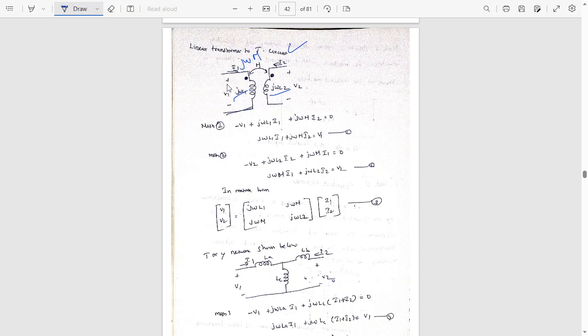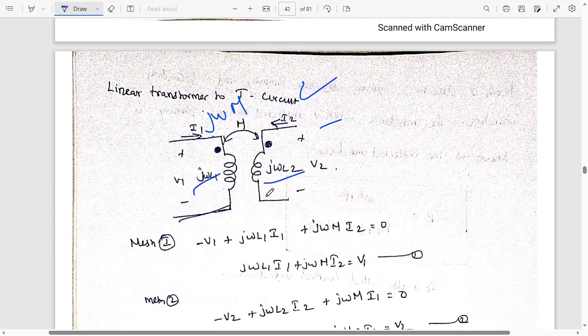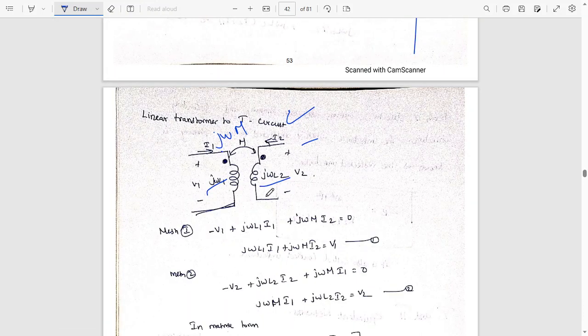V1 is the voltage across the primary winding and V2 is the voltage across the secondary side. Okay, now we need to apply KVL for the mesh 1 and mesh 2. So in the primary side we have current I1, in the secondary side we have current I2. Okay, so it is very simple. We can apply KVL here. We will get minus V1,